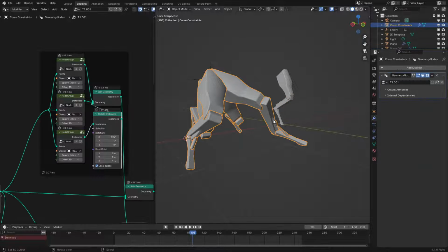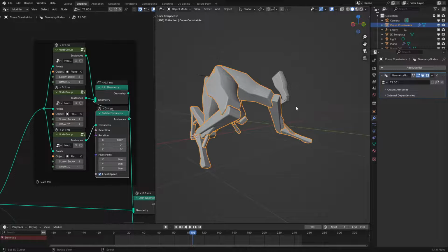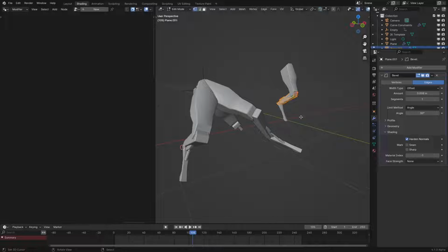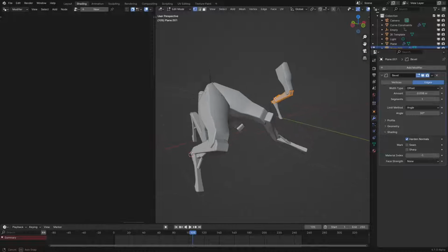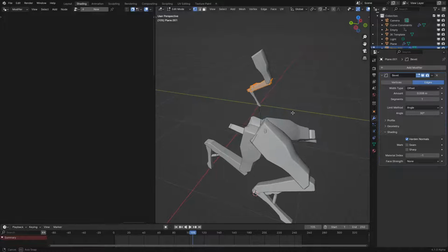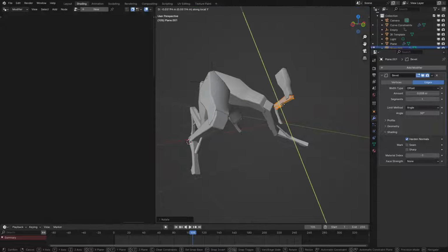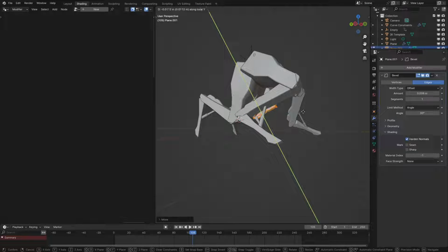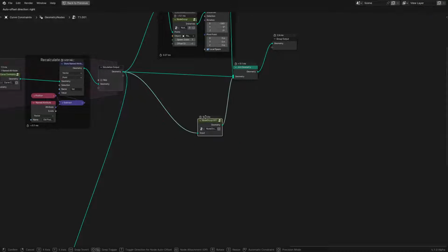Oh, and also, this one is not correct either. Huh. Wow, how did I not realize that? This one's just spun around the wrong way. I could just go and do. Actually, no, wait. Is it actually pointed the correct way? No, it very much is not. Maybe I should just add in a final rotation fixer. There we go. Okay, that looks a bit better. Okay, but also I need to fix the